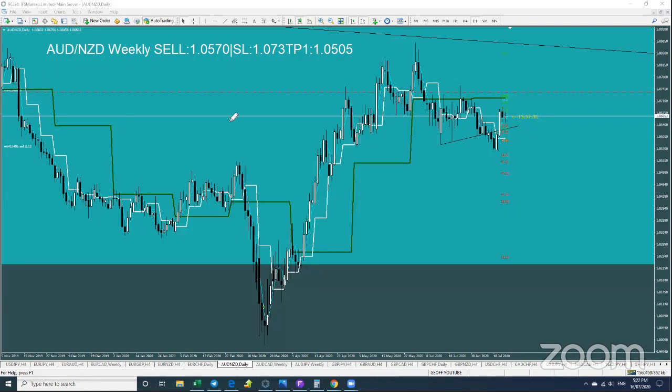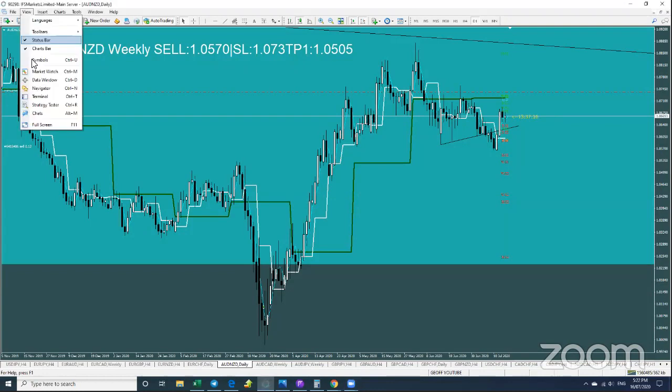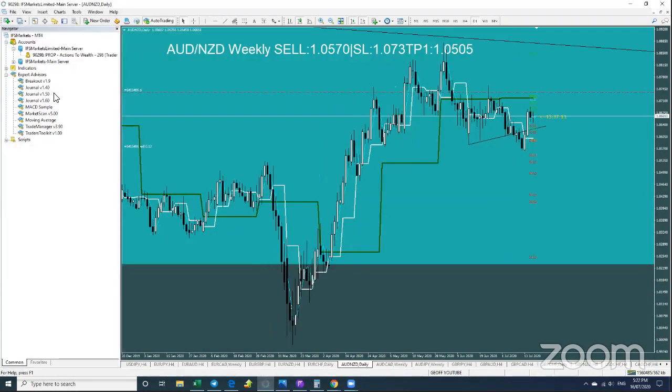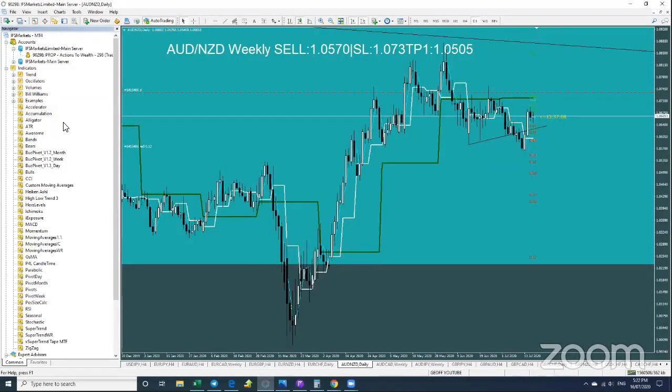If you're an ATW client, there should be, and there certainly is with my template, if you got hold of my template, maybe you haven't, I don't know. But if you go into Navigator, if you're on MT4 and you've got ATW templates loaded, there should be,